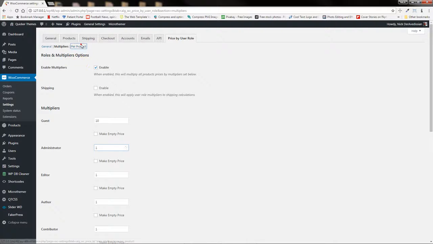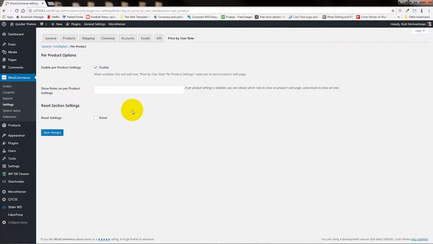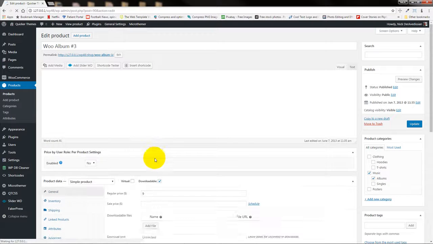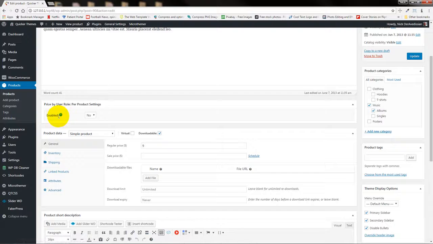Now you can also do it per product. So you can bypass this general rule, and you have to enable it, of course. And then you can do it per product. So if I go to any specific product, it's going to be disabled by default for each product. So if I turn it to yes and save it,